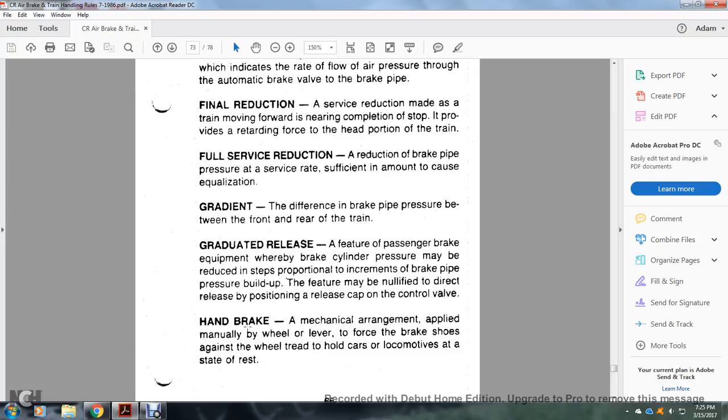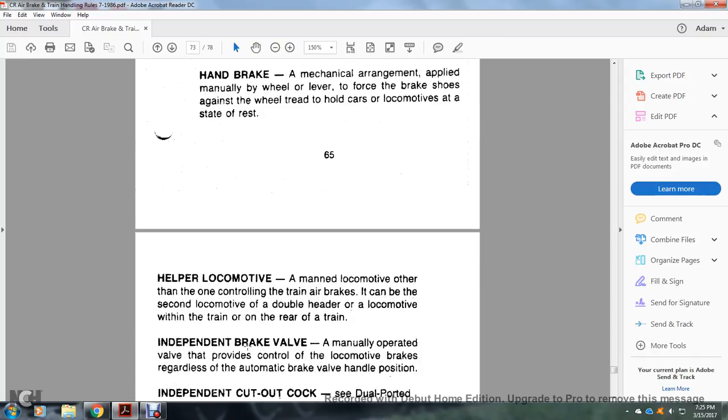Handbrake: a mechanical arrangement applied manually with a wheel or lever to force the brake shoes against the wheel tread to hold the car or locomotive to stay with the rest. Helper locomotive: any locomotive other than the one controlling the train air brakes. It can be the second locomotive in a double header, or a locomotive with the train on the rear of